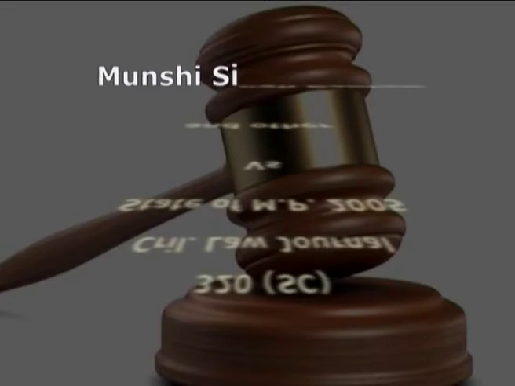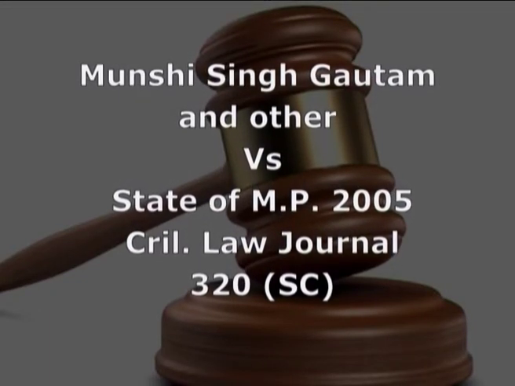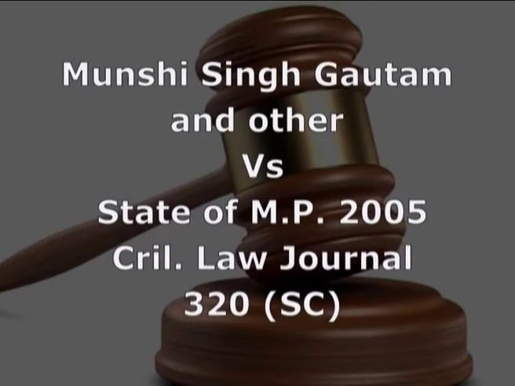of Article 21. In Munshi Singh Gautam and others versus State of MP, 2005 Criminal Law Journal 320 Supreme Court, the apex court rendered its observation that the government and the legislature must give serious thought to the recommendation of the Law Commission in its 13th report as to amendments to the Evidence Act to curb custodial crime, and the courts must change their outlook, approach, appreciation and attitude, particularly in cases involving custodial crimes, and they should exhibit more sensitivity and adopt a realistic approach rather than a narrow technical approach, so that the victim of the crime has the satisfaction that ultimately the majesty of law has prevailed.